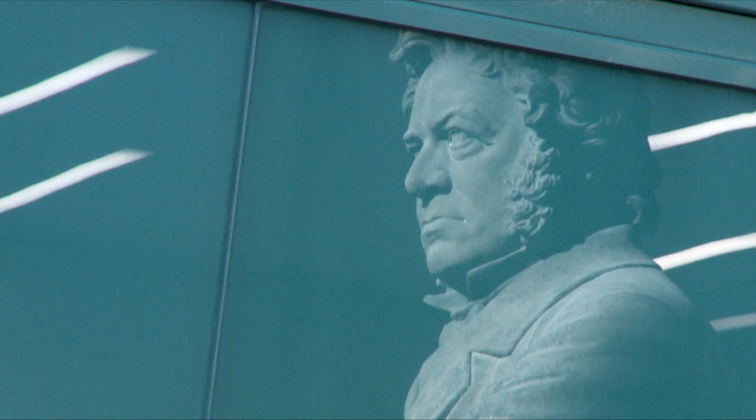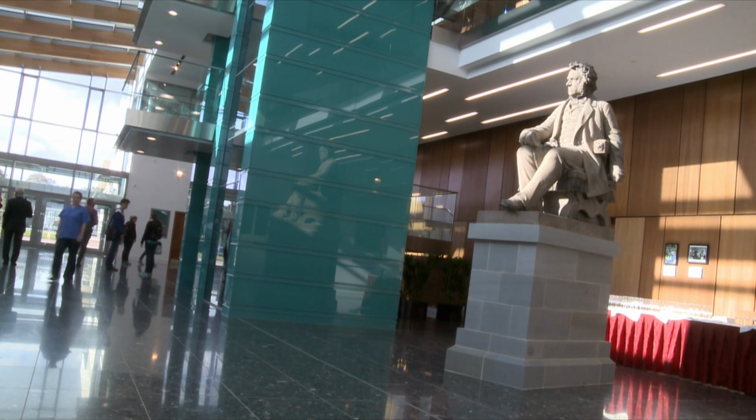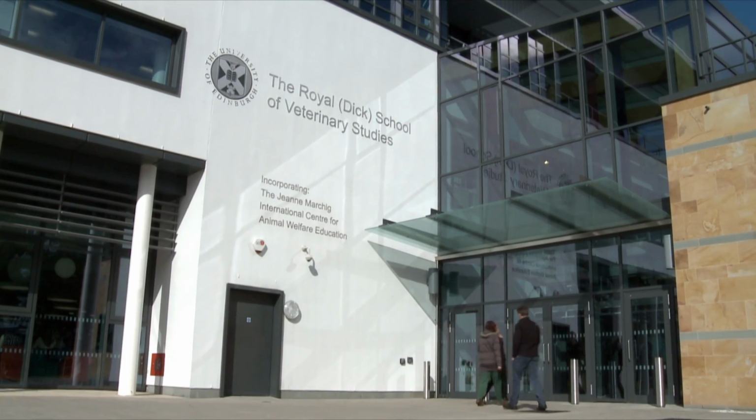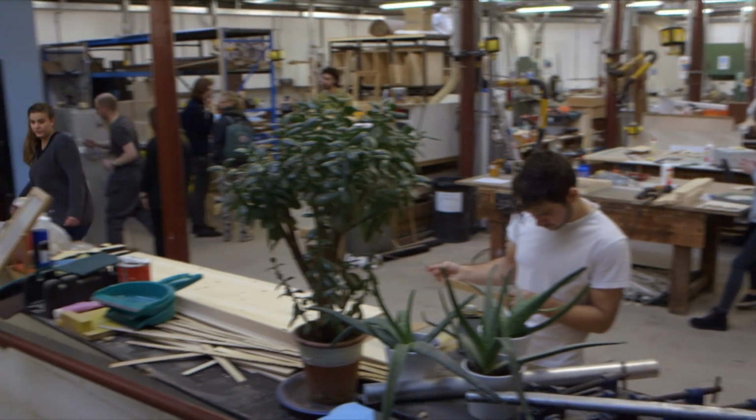Teaching is such a fundamental part of what we do here as educators, and so I would rate teaching equally on the same level as research. It's really important that we enthuse our students, inspire our students, as well as educating them in the best way that we can. A few years ago now we started a collaboration with Edinburgh College of Art to explore the